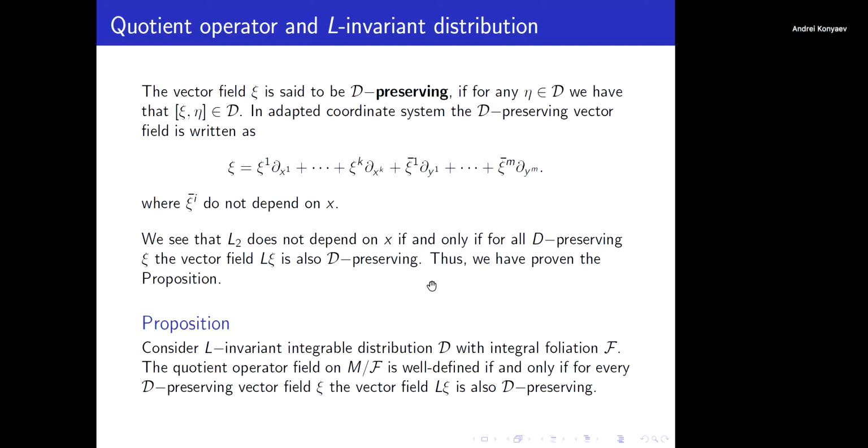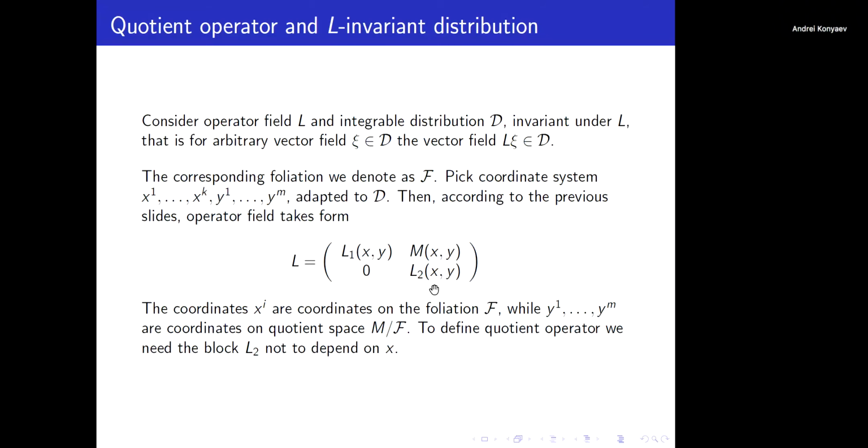We have shown that if we have an arbitrary vector field, and we apply L to this D-preserving vector field, then we get a D-preserving vector field. Look, so if it does not depend on y, and we apply the vector field with